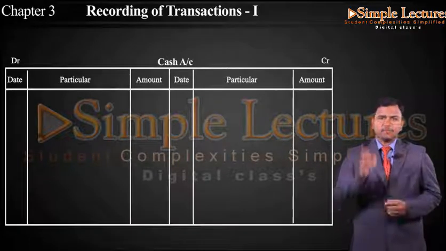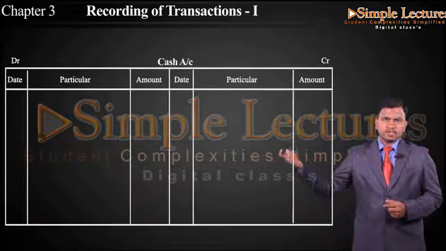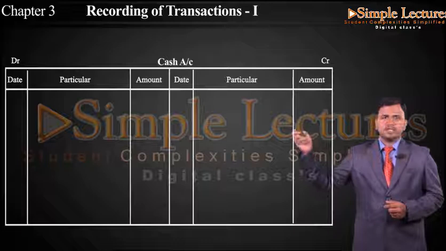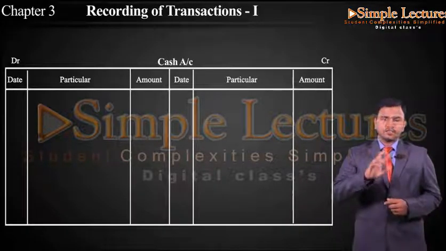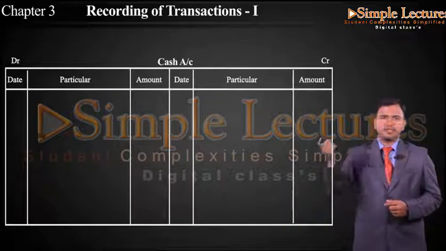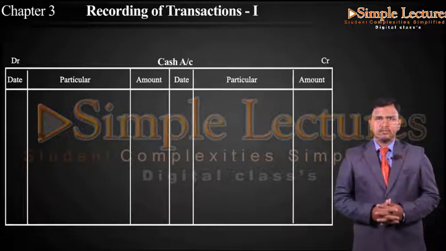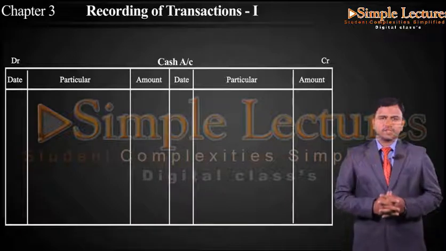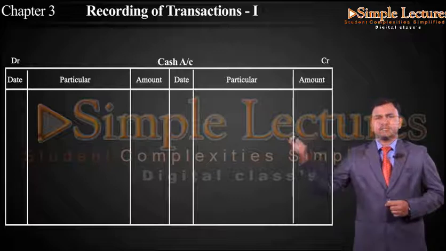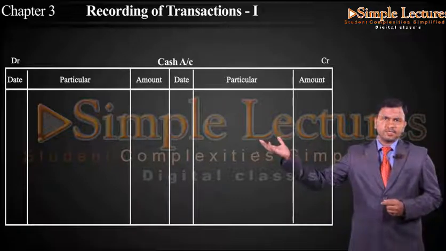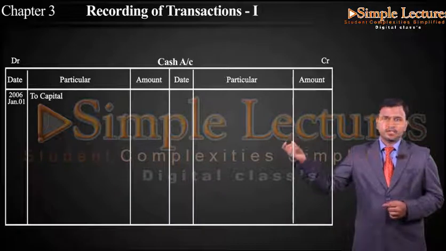What cash was debited here, the same we are going to take in the cash account, but the same name we are not going to repeat. So this debited cash will be directly posted to the cash account in the debit side, same date Jan 1st, to capital account